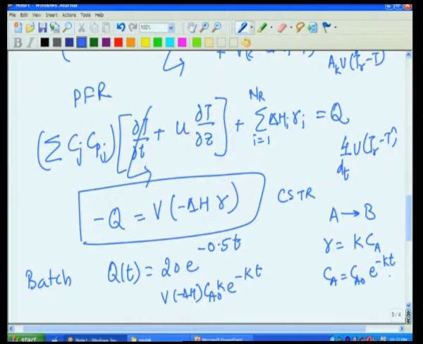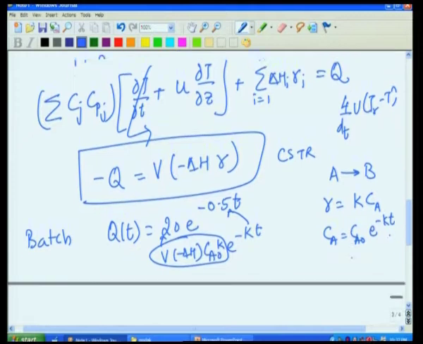into K value. I am just putting some numbers, it does not mean so much at this point. So, for a batch reactor, assuming that this is all constant, and a K value of arbitrary 0.5, it means that to operate a batch stirred tank reactor in an isothermal manner, I have to remove energy in an exponential manner. Why? Because the rate of reaction for a first order system decreases exponentially. So, rate will decrease exponentially, so my energy removal also has to be exponential.